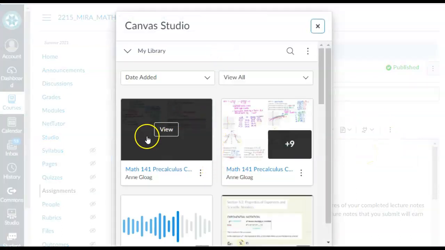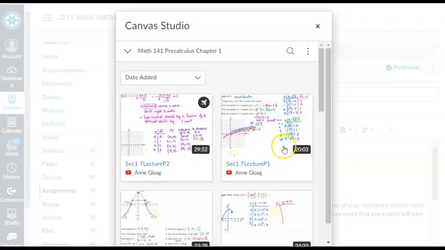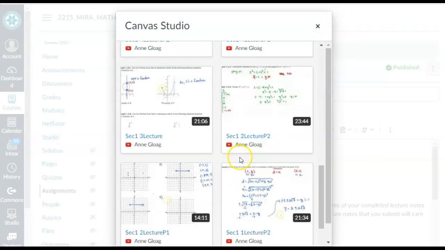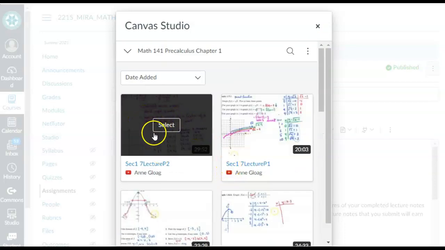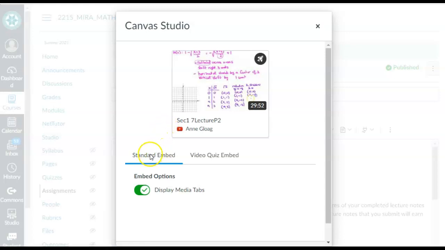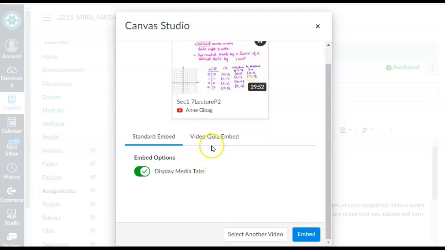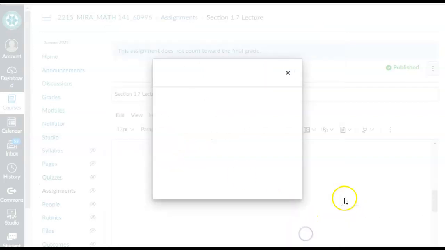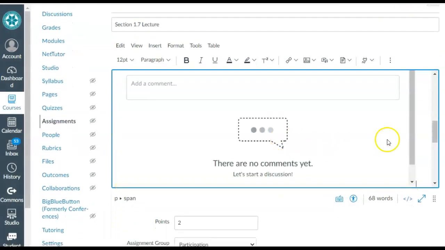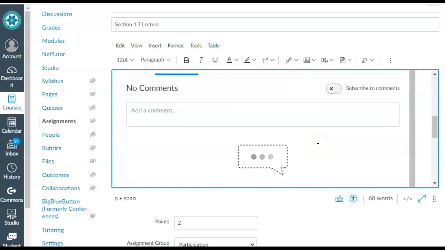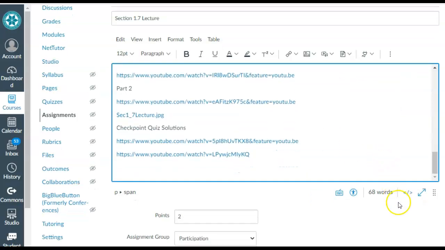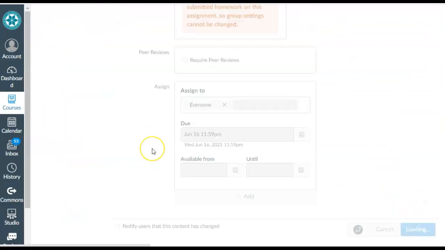This will take you to the problem repository. So this is in chapter 1, section 1.7. Okay, so here you have the choice of standard embed, which just puts the lecture video there, or video quiz embed. Standard embed will just place the lecture video in your page like this. So if I can save it,